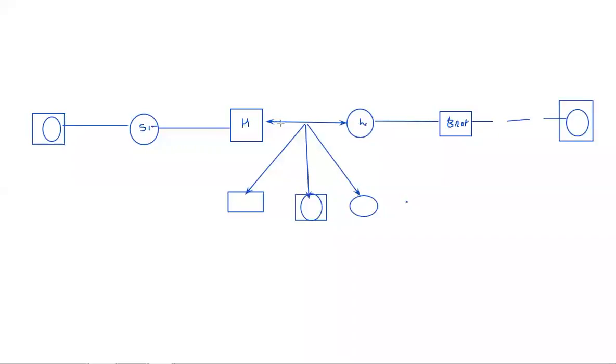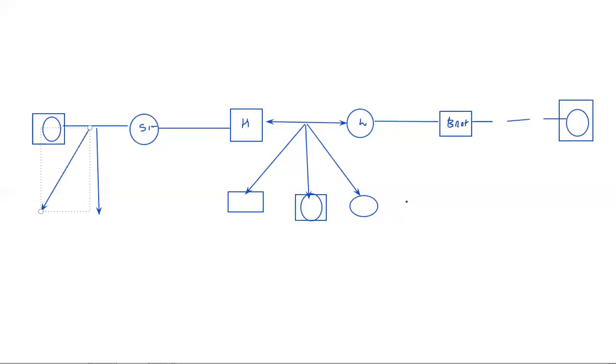In the lower generation we will also draw cousins, niece and nephew. For this particular couple, niece will come here, or nephew can come here. The issue is that it can be from either side, your own side or your in-law side. Both are called niece and nephew. My brother's son, my sister's son, my wife's brother's son, my wife's sister's son, all are my nephew. My brother's daughter, my sister's daughter, my wife's brother's daughter, my wife's sister's daughter, all are my niece. So that is the second generation.